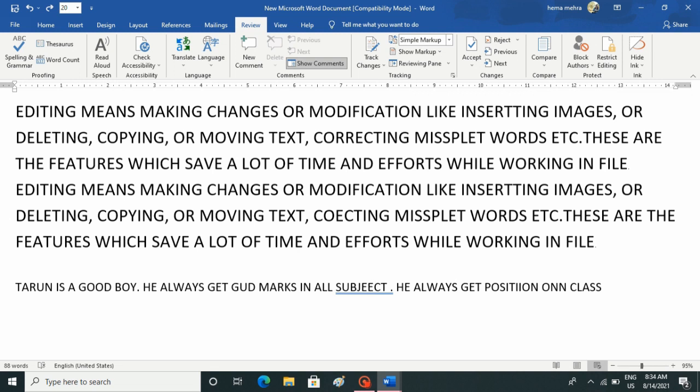Now if you want to redo, meaning to repeat the last action. Like I had already written subject with the wrong spelling in my last action. After that I did undo to make it wrong again. Now I will correct it simply by pressing Ctrl+Y. Now you can see the correct spelling has appeared.